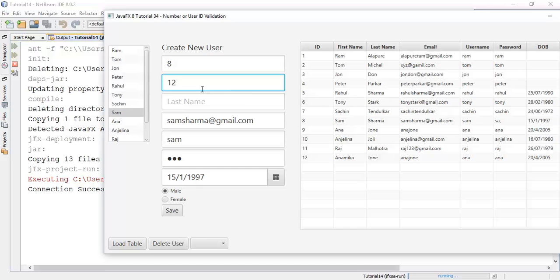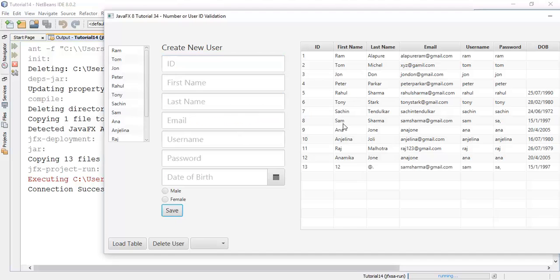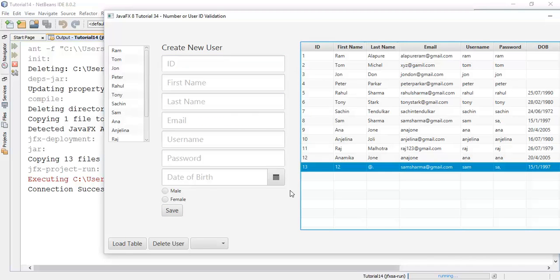For example, if I say a new username, first name 1 2 and last name with some special character like at the rate or dot or anything, when I save it, it's going to save. So the user has been created and you can see this.